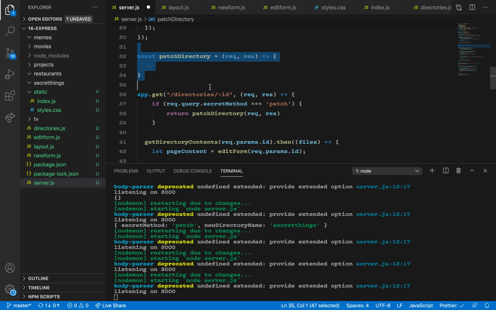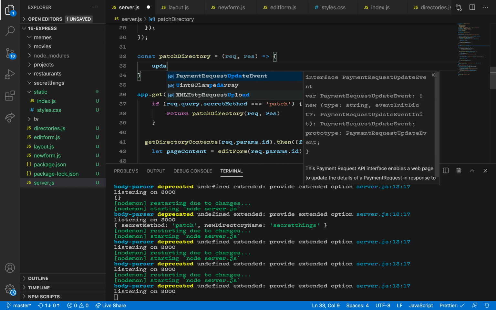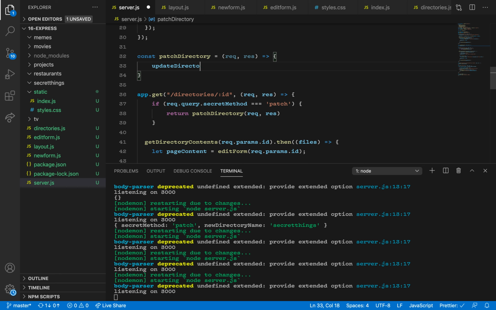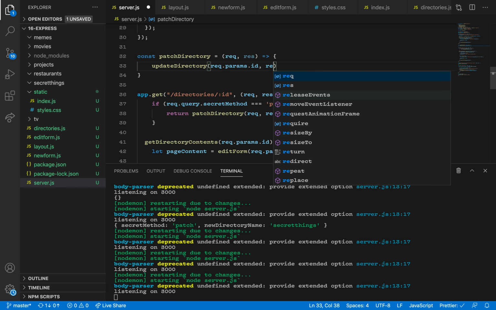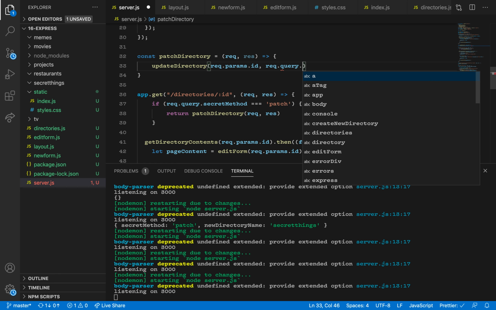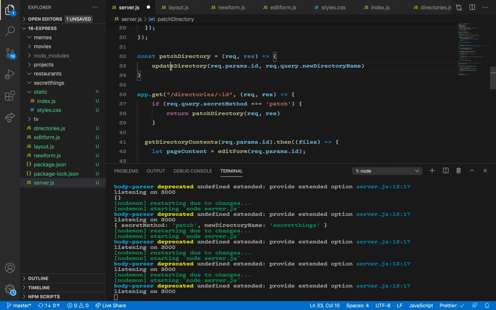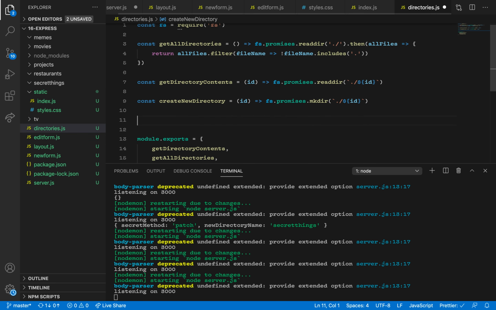we want to have this separate function to patch the directory. Let's have a function update directory. So we're going to pass it request.params.id and then request.query.new directory name. Let's go to directories, ID, new name,